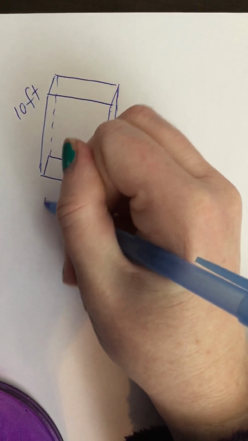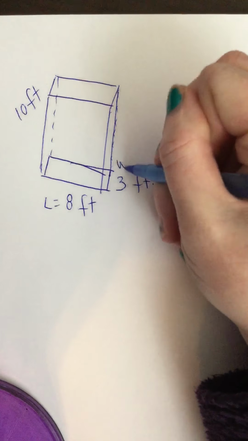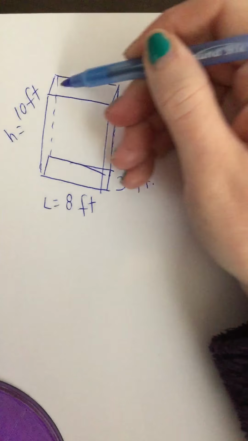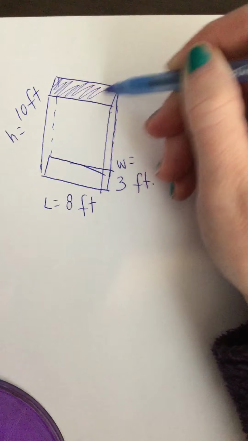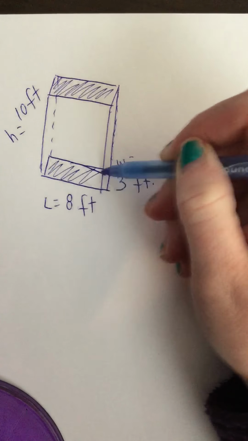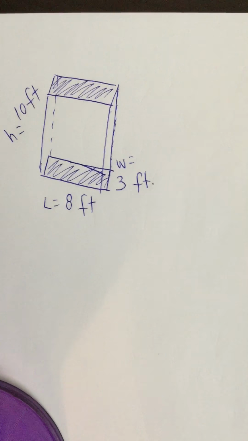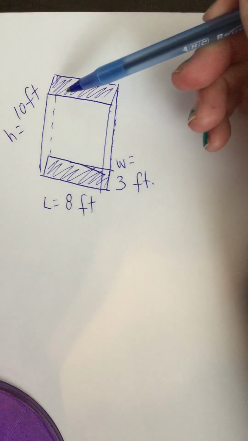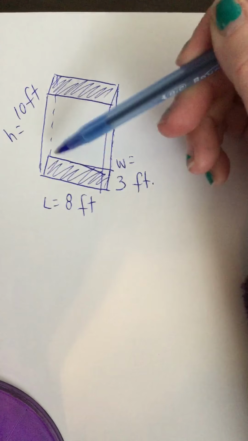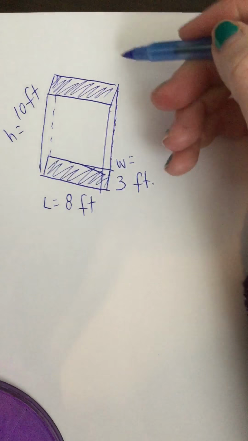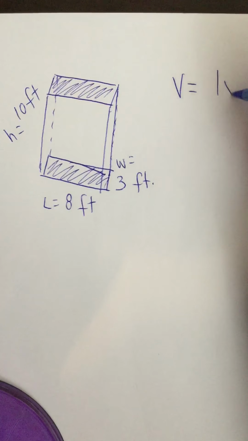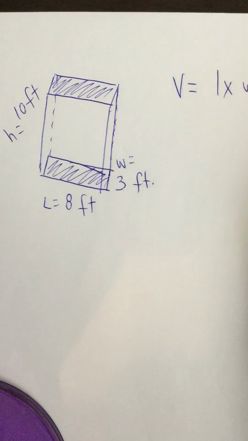Okay, so we have our length, our width, and the height of our prism. And we know it's a prism because it has a top and a bottom that are identical. All right, let's try and find the volume. Again, the volume is like if this was a cereal box, it's how much cereal would fit inside of the box. Okay, because we're going to go inside to do volume. Volume equals length times width times height. We could do that,